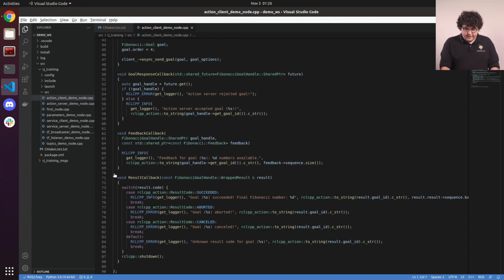Finally, we have a result callback. This callback takes in a wrapped result. This is the result message from our action definition wrapped with some metadata about the status of the goal and its ID. The structure of a result callback here is based around a switch statement on the status code in our wrapped result. This code tells us whether the goal succeeded, was canceled, or aborted. So we have a case for each